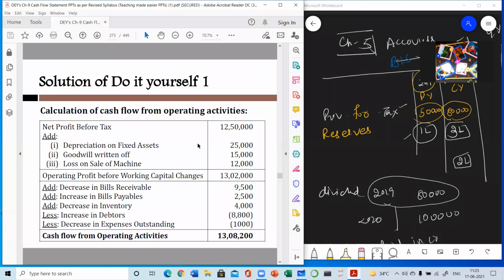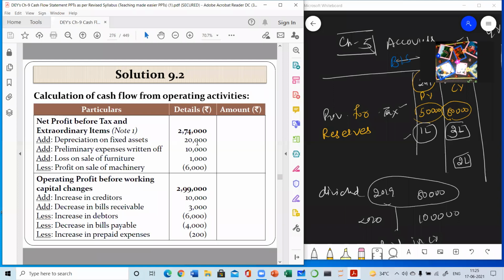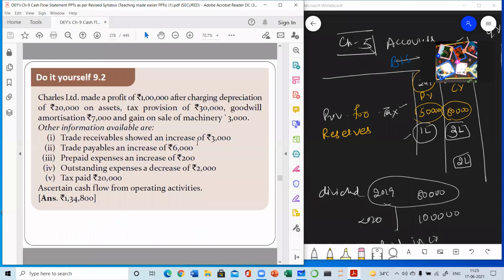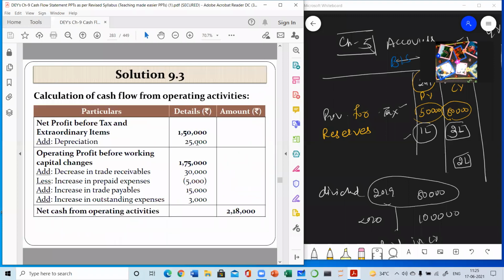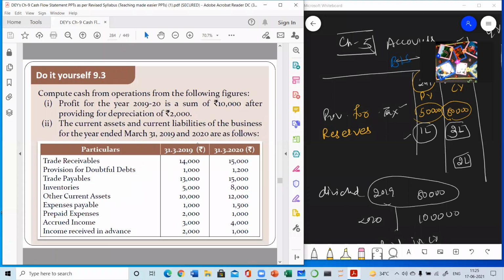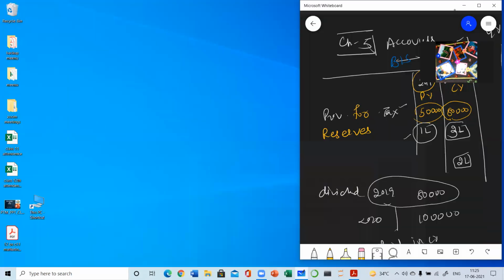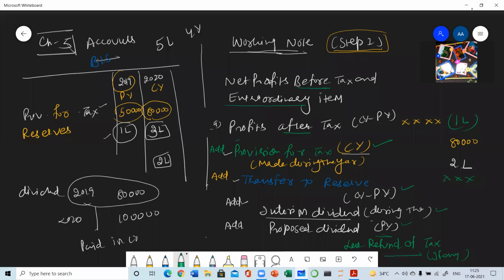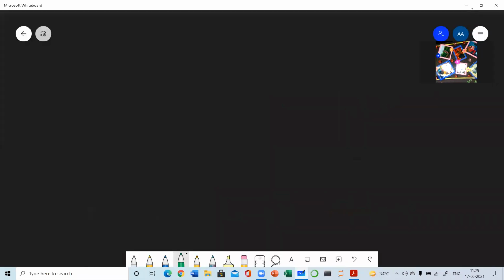I'm just finding 1 question which involves this net profit before tax. Just wait 1 minute. So I think this is not given in this PPT. So I can give you the figures for better understanding of this concept. You note down the figures and find out the answer. Note down everyone. Yes, you have to just prepare a note.